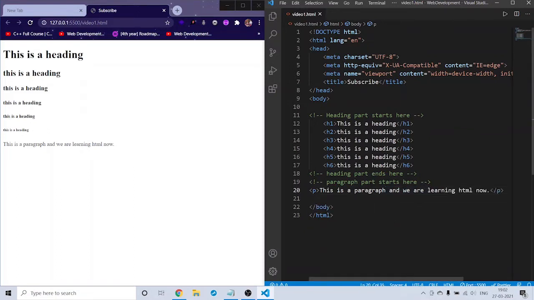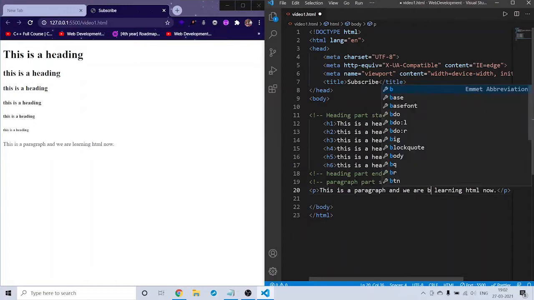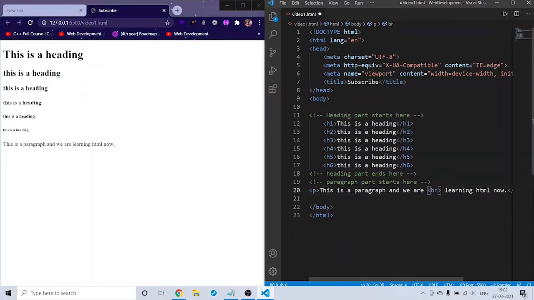If you want a line break here, we have a new tag called BR. If you observe here, BR is a single tag, which means it is a self closing tag. We don't have a closing tag like we have for h1 and paragraph.